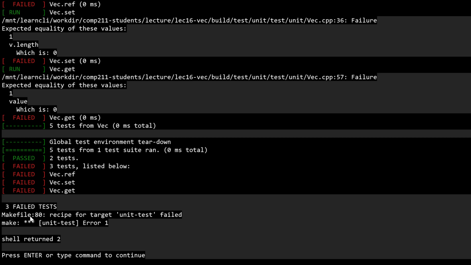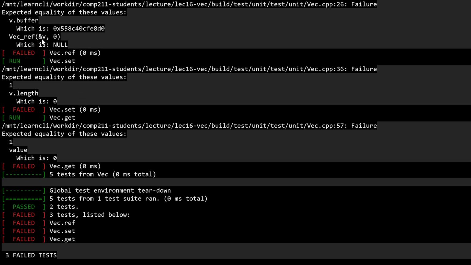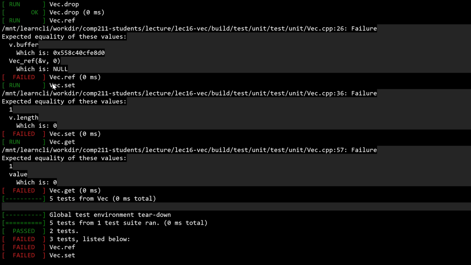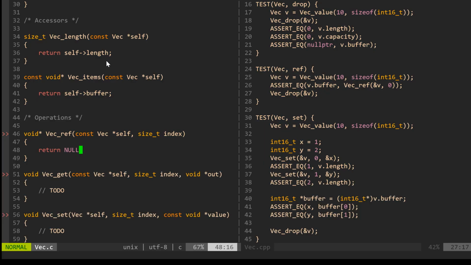And what we can see in our output here is the test for vec ref, and we see that it failed, right? So this vec ref test was run, and we expected v.buffer to equal vec ref at index 0. But notice this was the result that our function actually returned: null. And what we expected here was an address of our first element, right? So how do we fix this? Well,